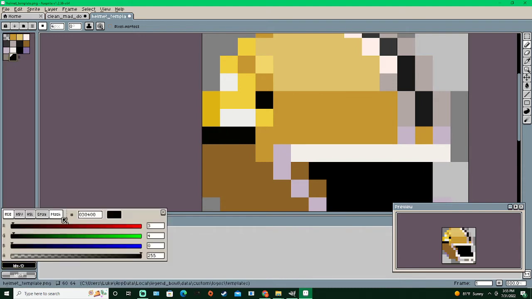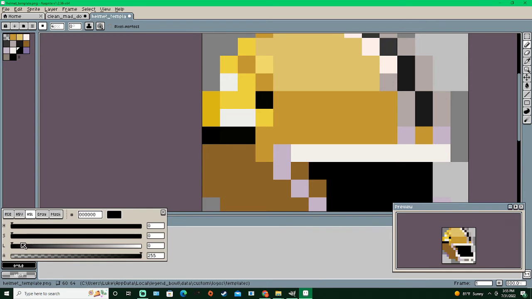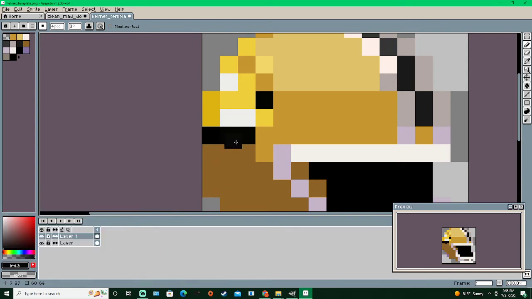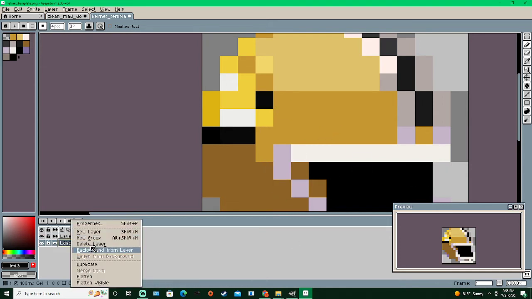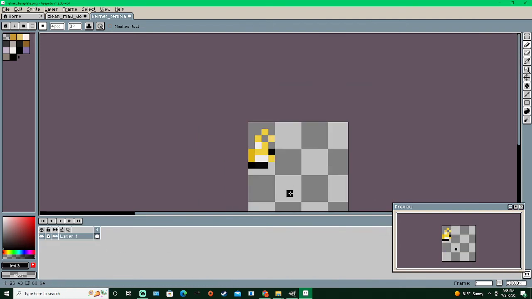Our black is not black. Our black is greenish. Gotta go and be green on me. All right, let's lighten it just a hair. And then we're going to delete the helmet layer from behind. And then we'll have our logo right there. He looks a lot cuter than the Mad Dog, but